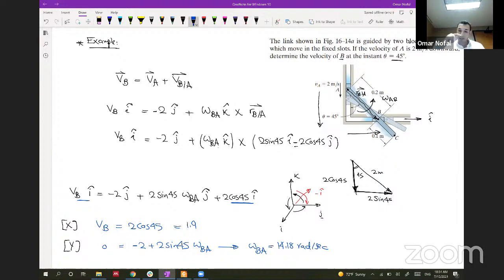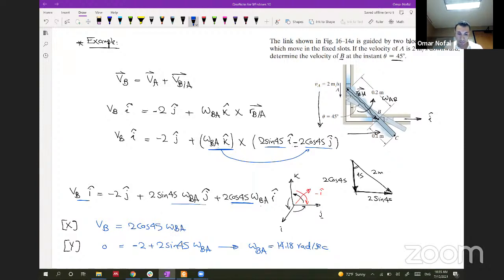Oh, sorry, I think I forgot something. Here we are multiplying omega BA by this term and omega BA by this term. So this should be 2 cosine 45 omega BA in the I hat. It's K multiplied by J in the I hat, so I forgot omega BA here. So it should be 2 cosine 45 omega BA,